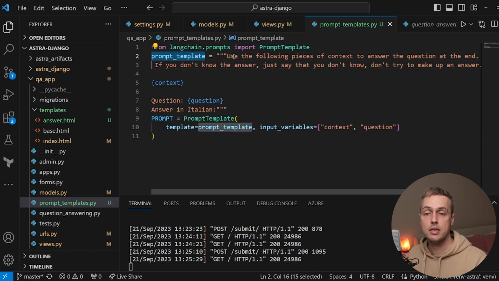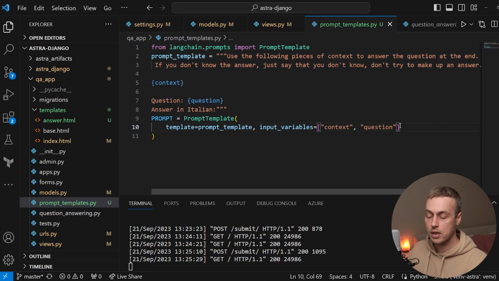The prompt template has this text here. Use the following pieces of context to answer the question at the end. If you don't know the answer, just say that you don't know and don't try and make up an answer. Then we have this input variable of context that's added to the template, and we have the user's question here as well. Now what I'm going to do in this video is add a third input variable called instructions into this,